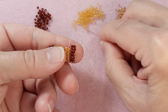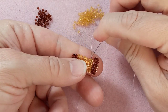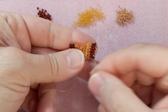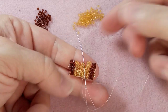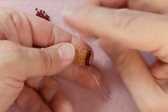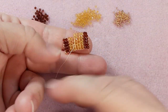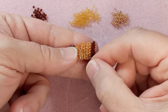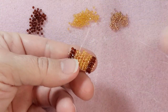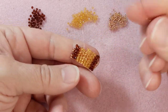2 gold. There. And up. 2 gold. Down. Pop that into position. And up. Two gold. What I will do is I will show you how to finish the row, and that's important because